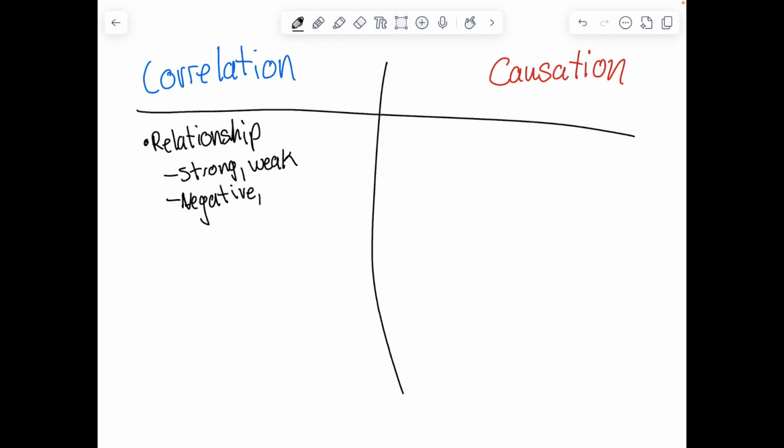Causation, on the other hand, is saying that because one thing happens, it is going to affect another. Because this happens, this will change, or this will happen. Like, if this happens, then this happens. So these are truly saying that this affects another one. If I drink a glass of water, then I will grow 2 feet. I don't know. Something like that is a causation kind of statement. So sometimes using this mindset will help us figure out